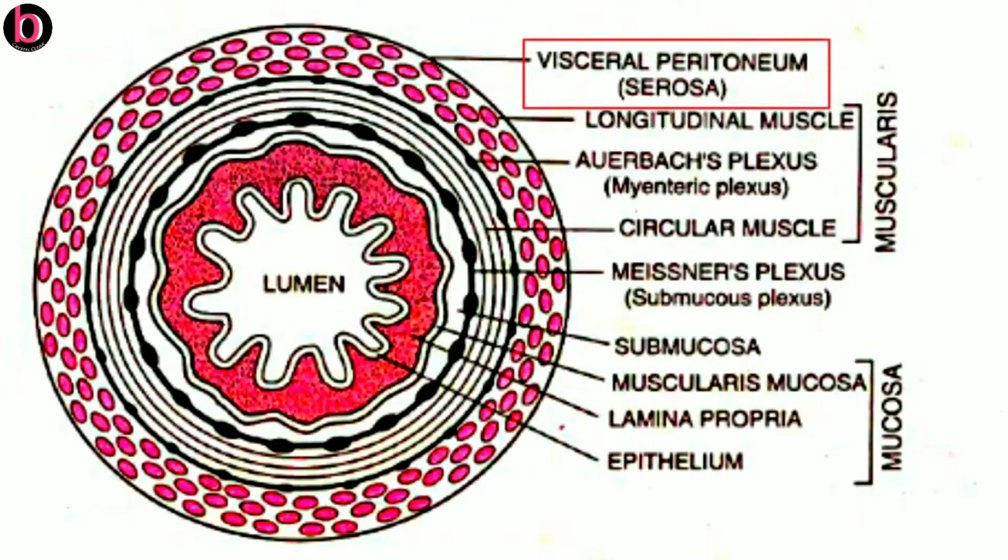Here you can see this is a very thin membranous layer that is organized by mesothelium plus connective tissue. What is mesothelium? Mesothelium is the epithelium of visceral organs. And what is epithelium? Epi is for upon. This is the outermost layer which is present around any structure. So this serosa is made by mesothelium, that is visceral epithelium, plus connective tissue.